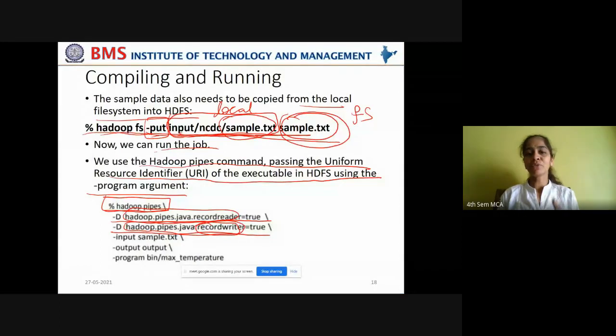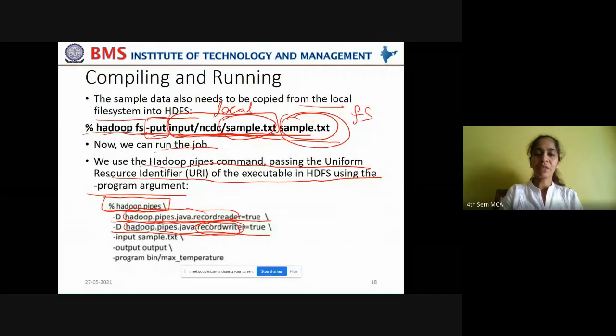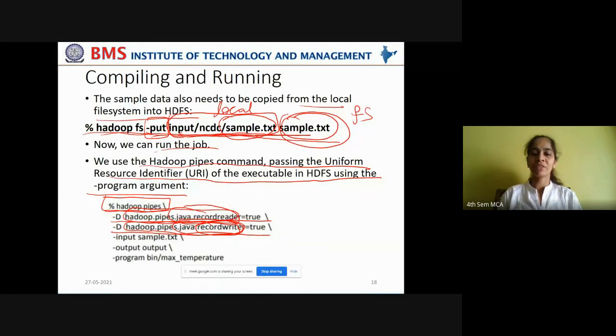We are trying to use C++ code, but why are we using the record reader of Java? Remember, Java can use native methods which are written in C and C++. So Java is compatible to work with functions written in C and C++. So we are using Java's record reader to read the data from a file, and Java's record writer to write the result to a file on the HDFS cluster. Both are enabled to be true.